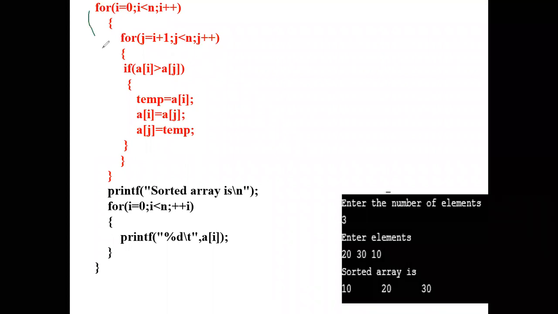Now this is the logic we'll be using for sorting the array. Okay, this part we have already discussed in class for swapping the array elements using a temporary variable. We have already studied in the class how to exchange two numbers using a temporary variable. Now this is the same logic we are using for exchanging the array elements. We will look into this logic with an example.